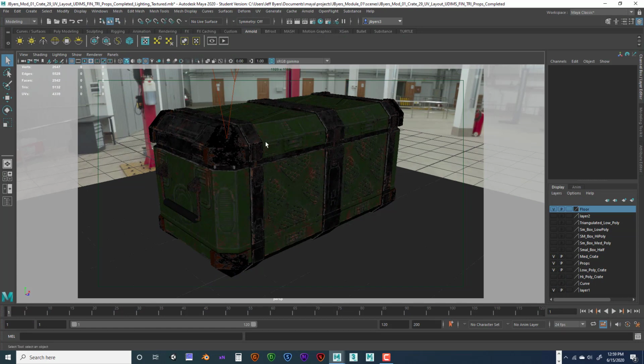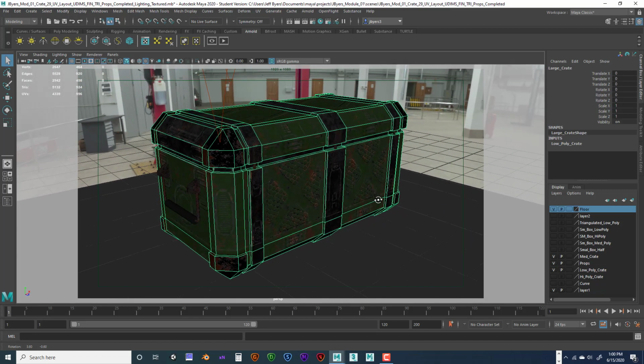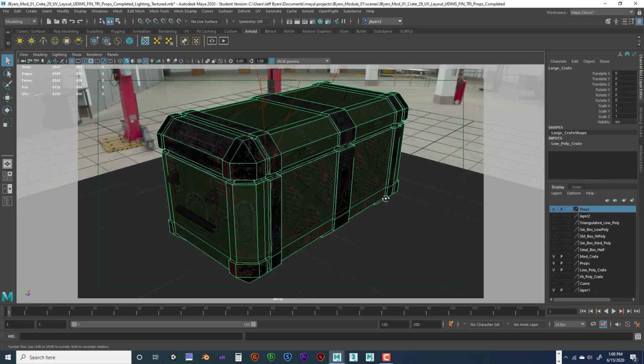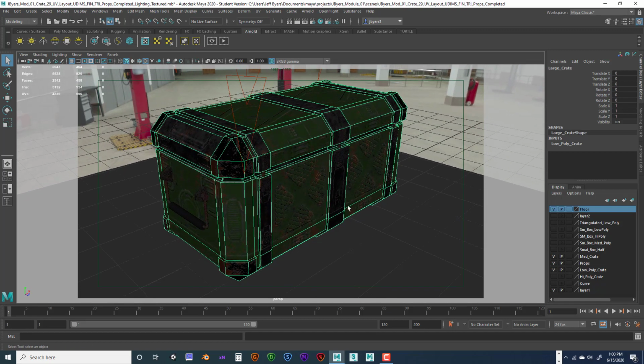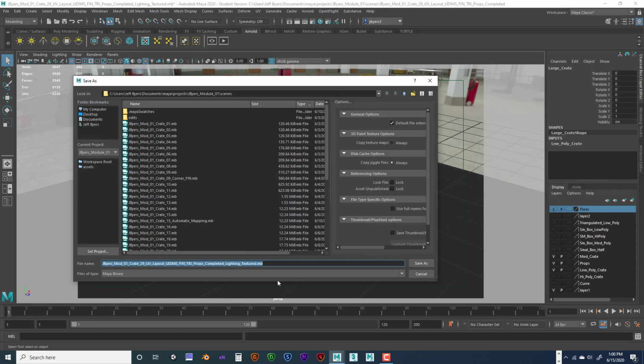So here's what we have. Here's my low poly, as you can see. Now we've got our low poly crate, and we've got to save it out, right? So we want to save the scene out. What we need to do is go to File, Save Scene As. I just want you to save it out